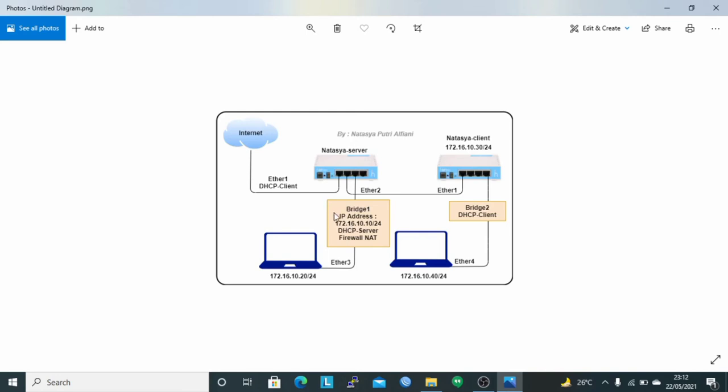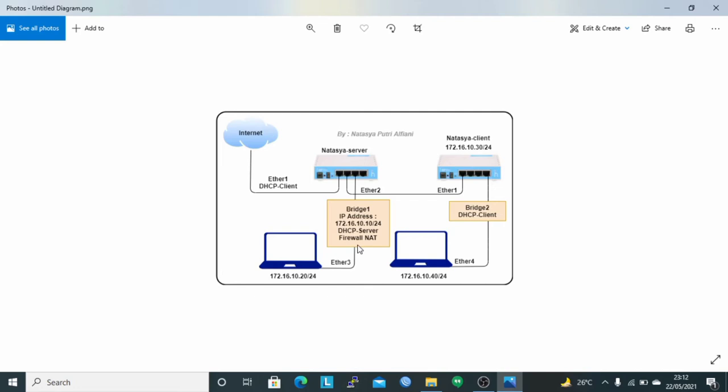On this router server, we will configure the bridge with the name bridge1 and configure the IP address 172.16.10.10/24, configure the DHCP server, and configure the firewall NAT so that the client can connect to the internet.